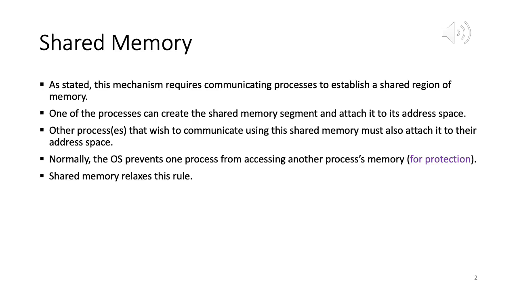Now, I am on slide number 2, and the title of this slide is Shared Memory. If you recall, in the last lecture, we were discussing IPC, or inter-process communication. We discussed that processes can be of two kinds. The first kind is an independent process, which has nothing to do with any other process; it executes independently. It is not receiving any data or message from any other process. There is no communication with any other process.